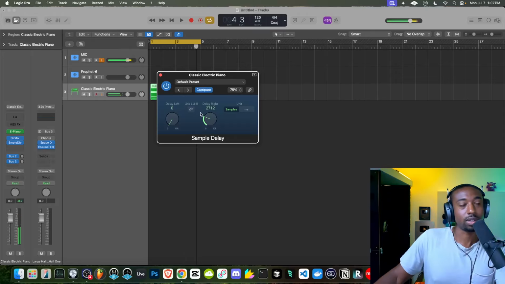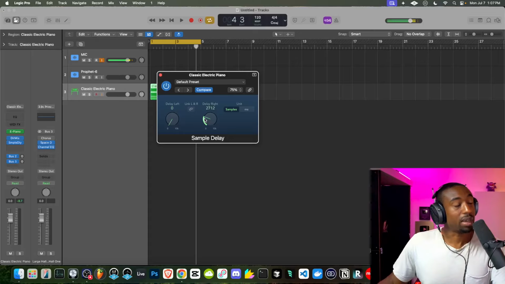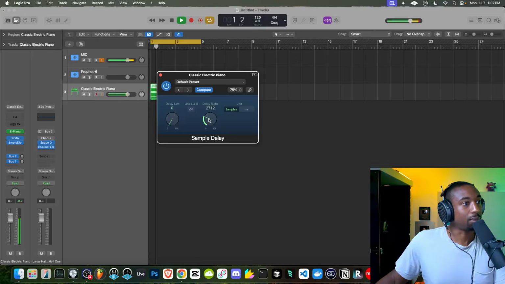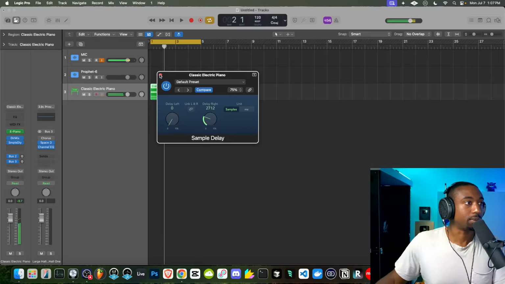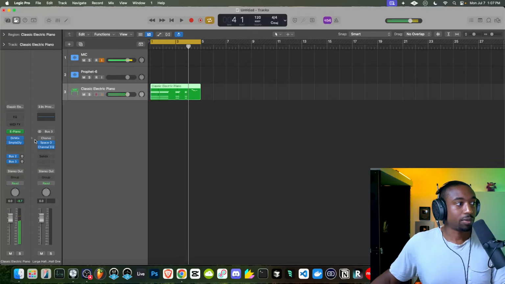So this creates a very unique stereo field that you don't get by simply copying one thing to the left and the right and making a small difference. This is a timing difference. It's a Dr. Dre effect, basically. That's why Dr. Dre's records sound so big. So that's the first thing I'll do.